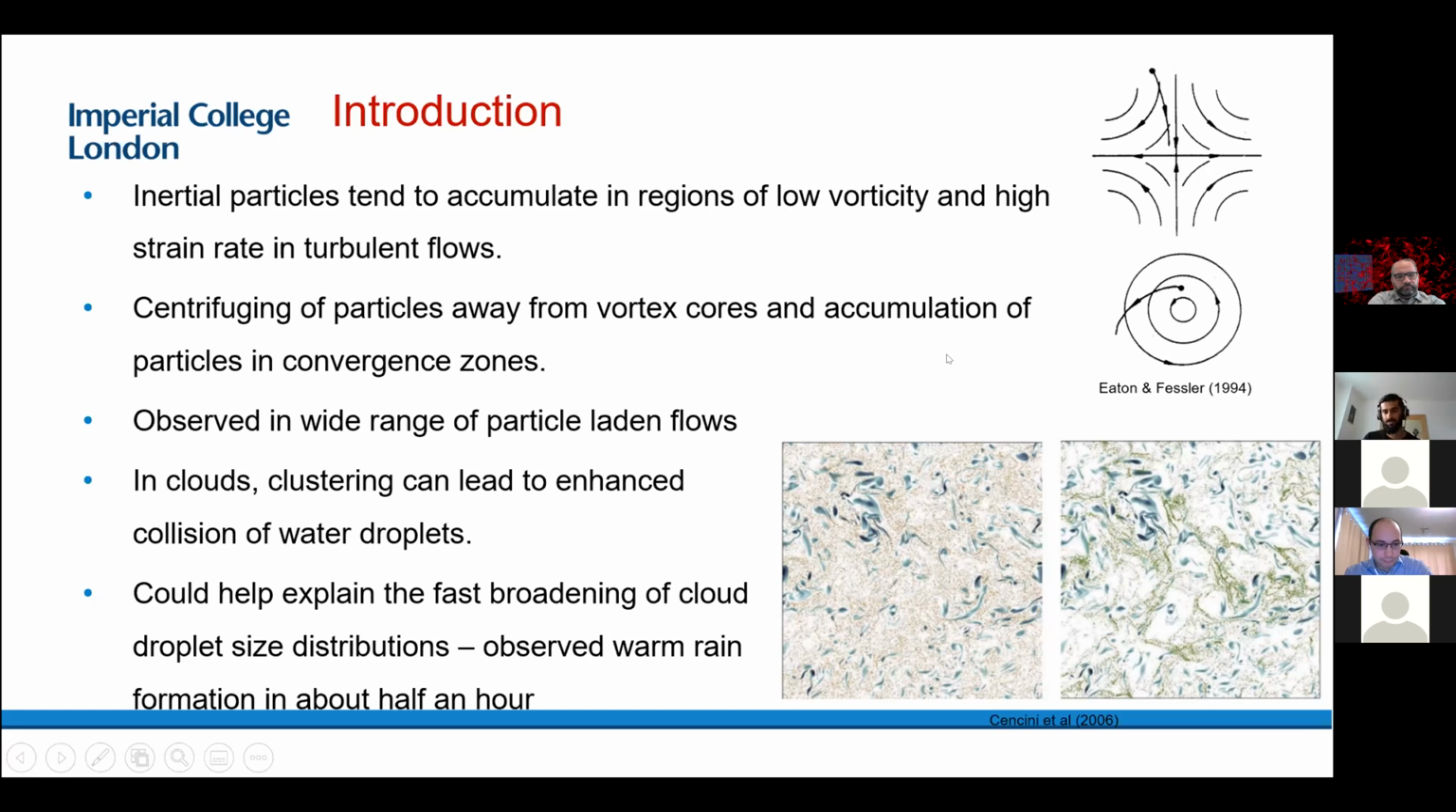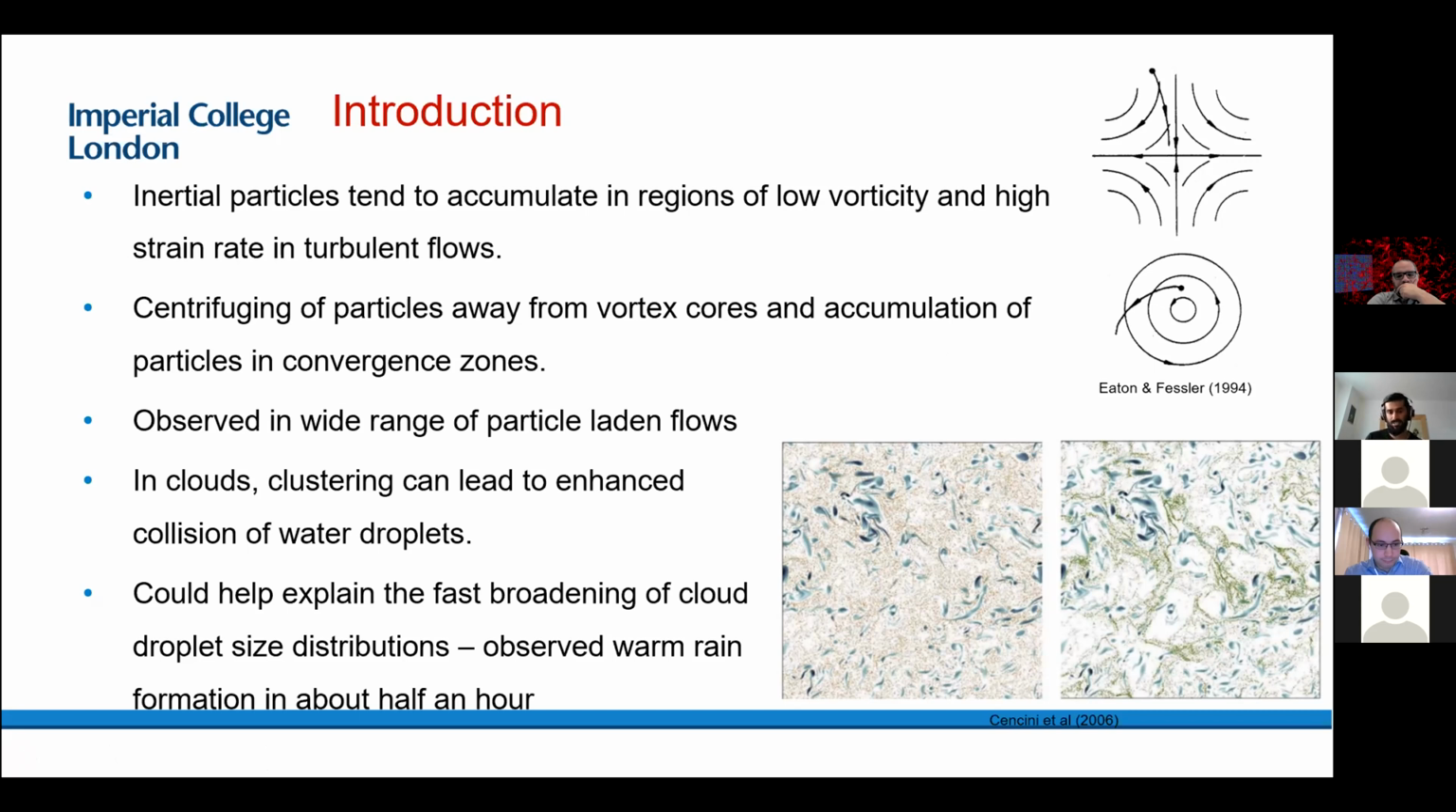So this has been observed in a wide range of flows. My work here is mainly focused on the effect of particle clustering inside clouds. This is an important process because in clouds, clustering can lead to enhanced collision of water droplets. Because of clustering, droplets come closer together, which means that they're more likely to collide. This in turn is important because it can help explain the fast broadening of cloud droplet size distributions, which